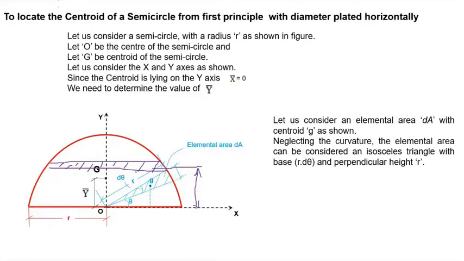Whereas dA will be equal to the width. There will be some width, let's say b1. We know that this width b1 will vary as the height changes, right? As y changes, b1 also will change. So there will be two variables, and it will be very difficult to calculate the variation of this b1 in terms of this y.